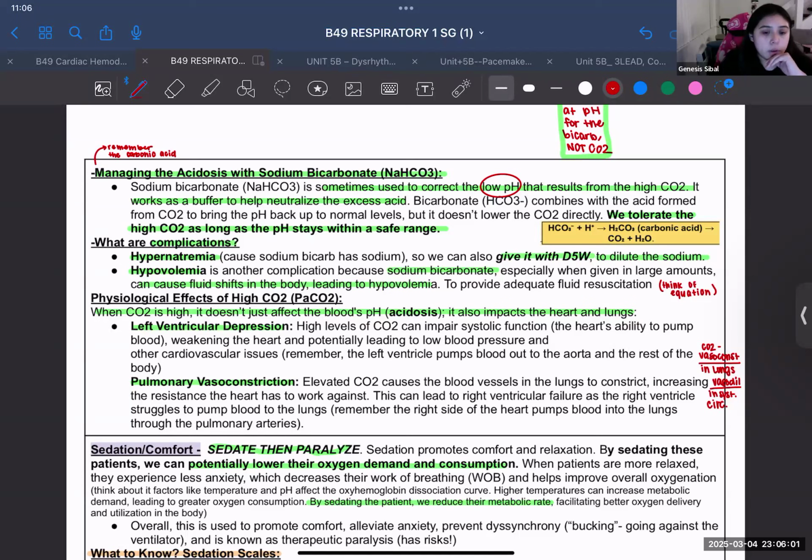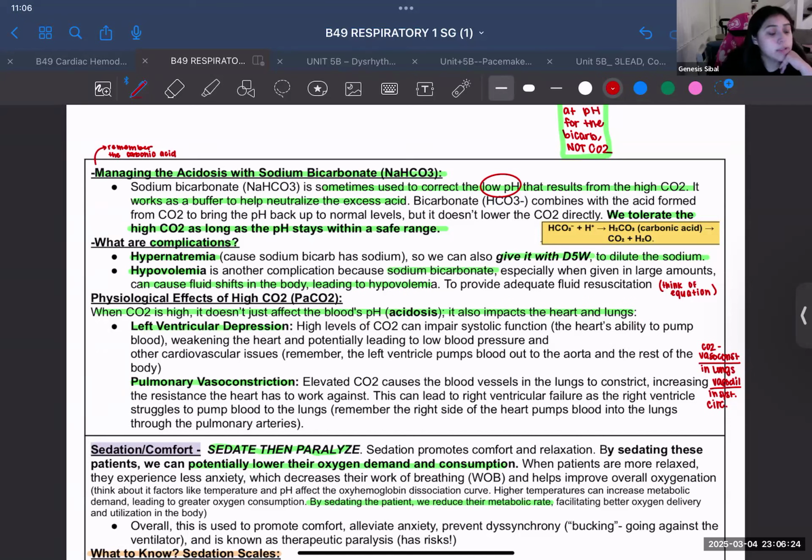For the most part, we'll be talking about different IV fluids this semester with different conditions and diagnoses. Most of the time, it's going to be normal saline. And then if you're seeing a sign of hypernatremia, you're going to give D5W, right? So just keep that in mind. Anytime hypernatremia and IV fluid, D5W to help dilute it, right? And again, sodium bicarbonate, sodium's in the name.